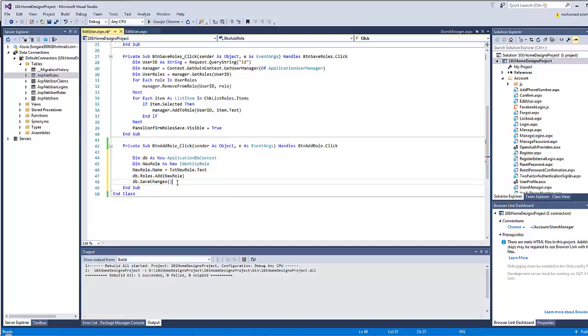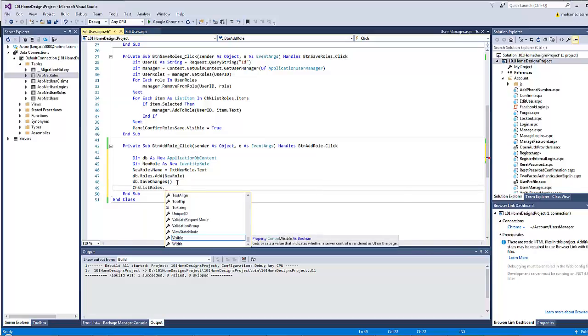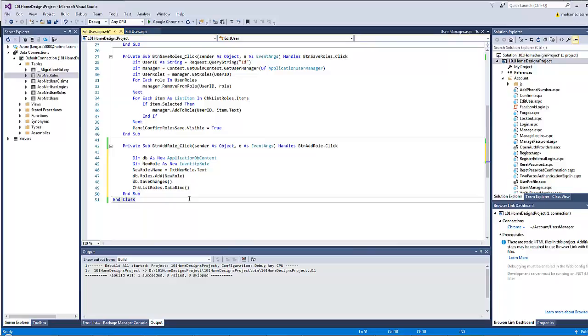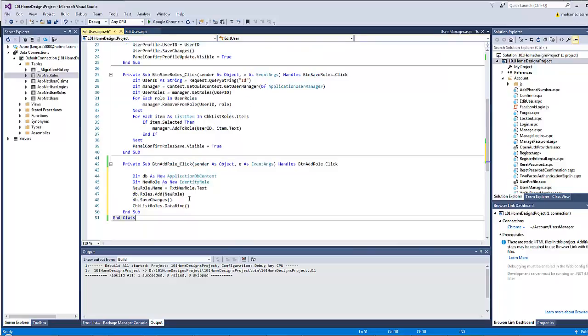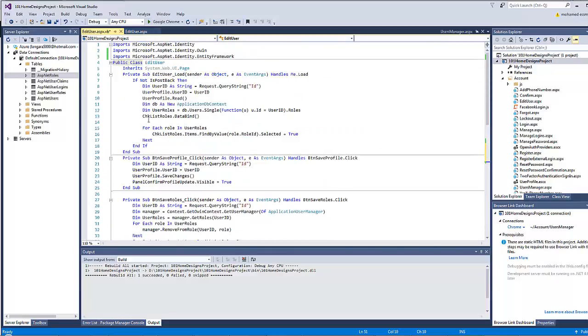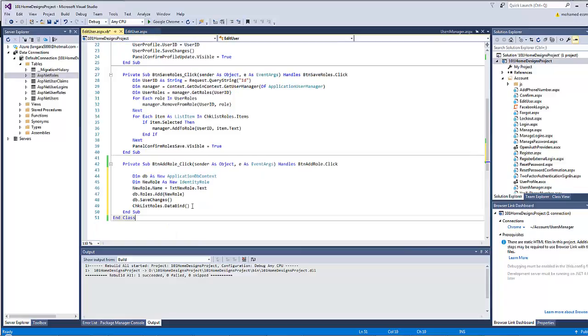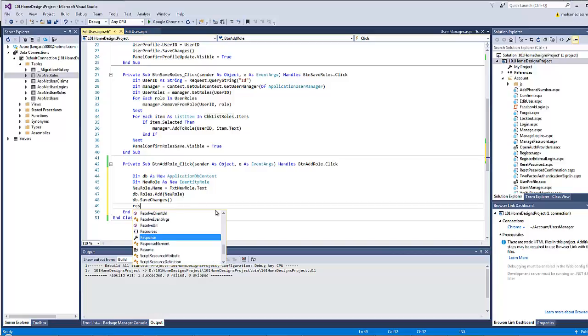Now you might think that I will add here checklist roles data bind, but remember that this will not be enough, because you will also have to check all the checkboxes that represent the roles that the user belongs to, and copy all of these lines here. So instead of all those steps, I will write just a simple line of code which is response dot redirect